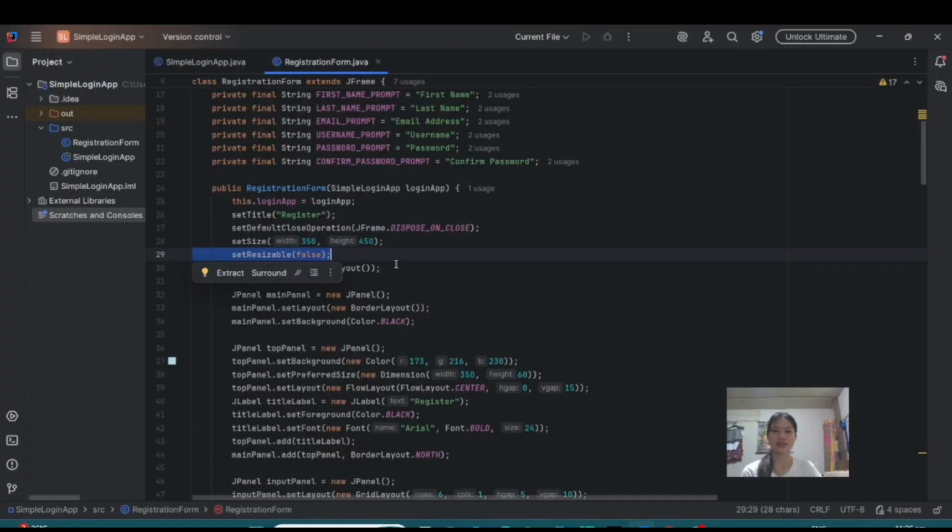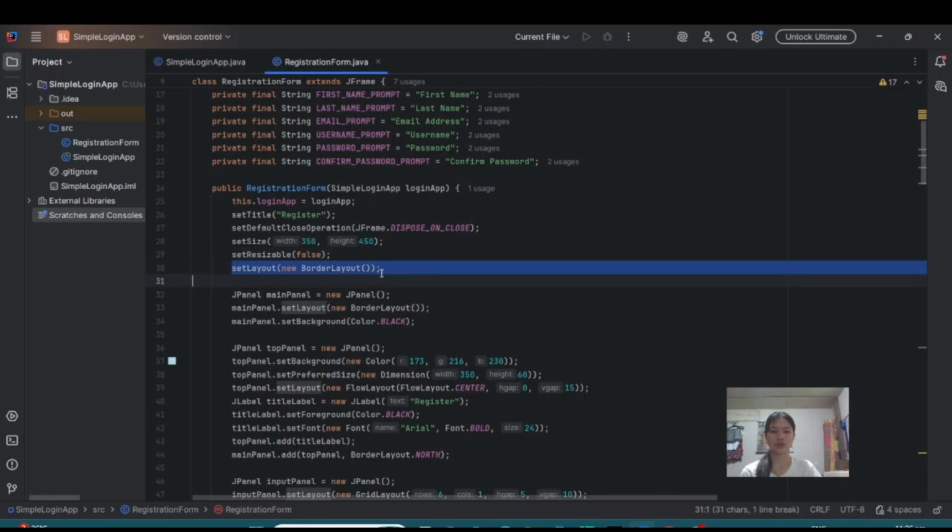And next, setLayout chooses a layout manager, or how components are arranged.